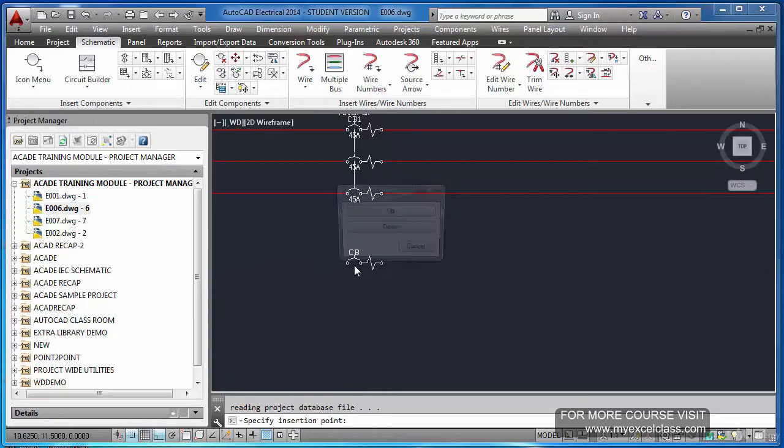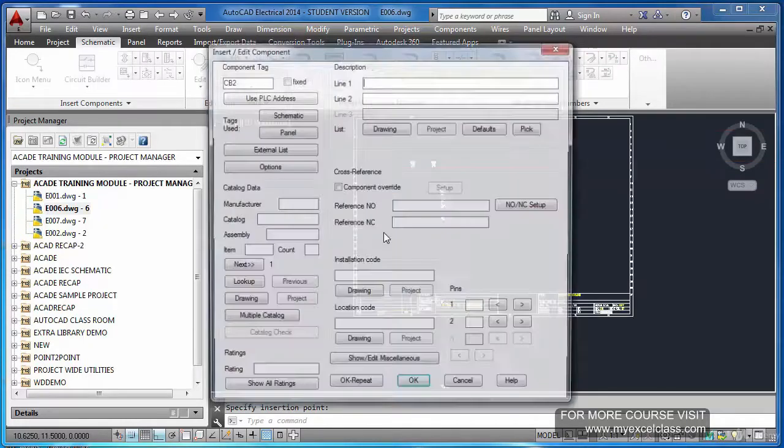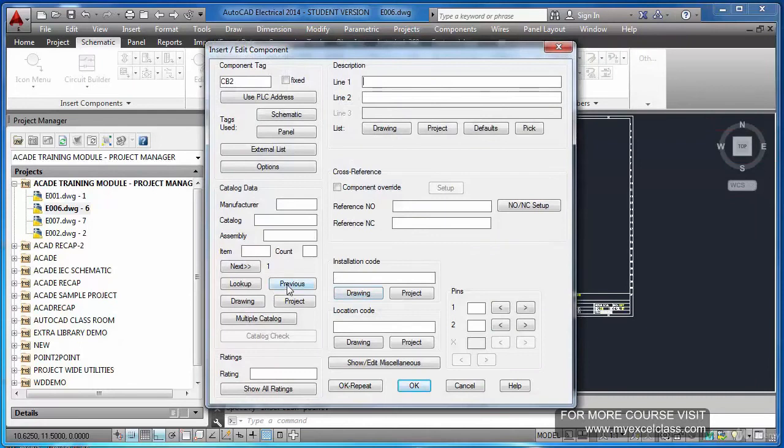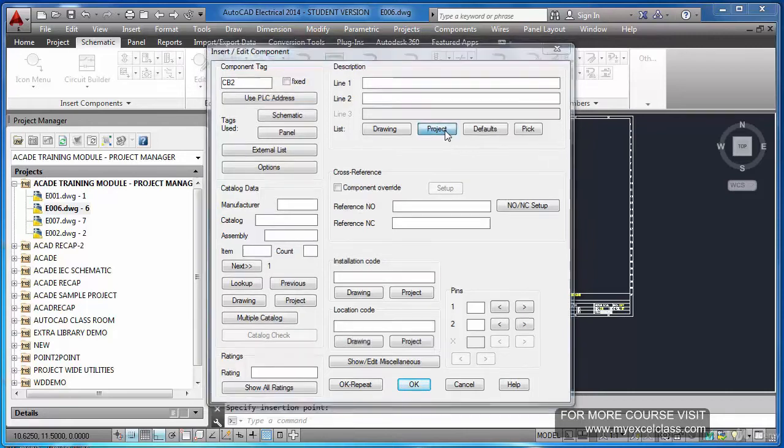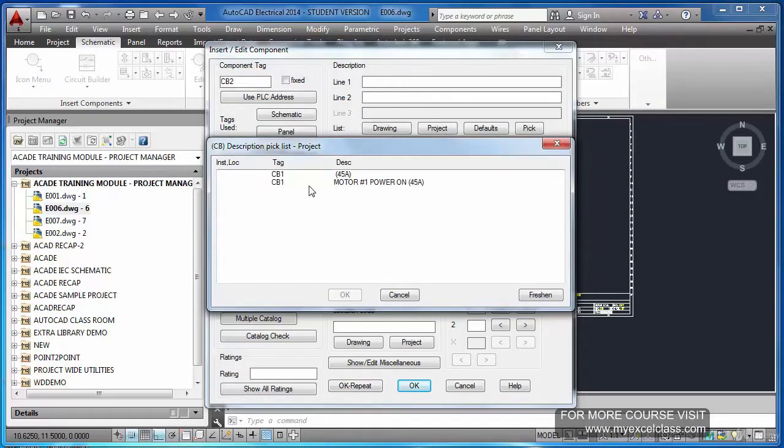There is no wire, still I will insert here. Now I have to again give the description. If you want to copy something from the existing drawing, or even from the project, where you may have hundreds of drawings, by clicking project you can find out in which sheet it is used, which tag it is used, and which description is there, and you can select from there as well.